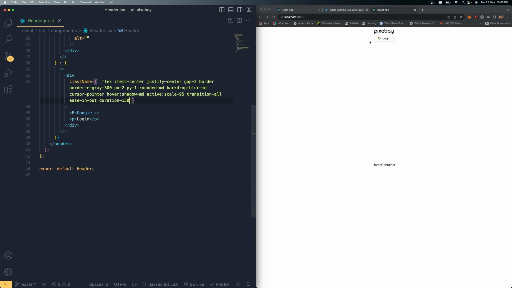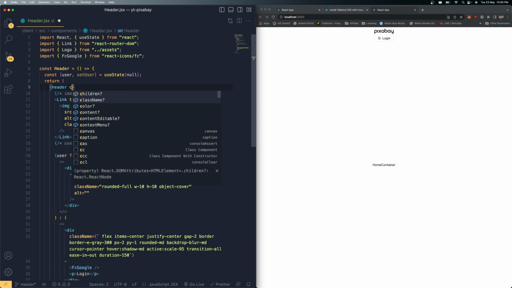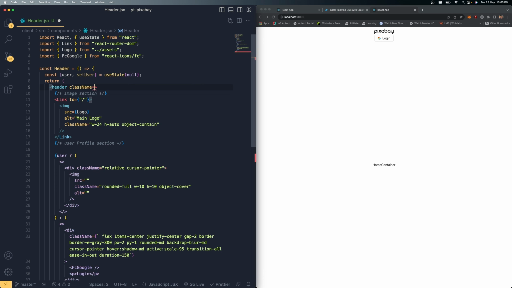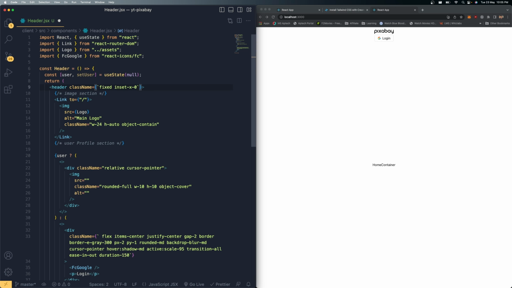All right, so this is how we need to define it. If that menu option is not there, this is how it should supposed to looks like. So let's fix this main header properly. So let's go to the top section, and for this header I'm just going to say add the class name, and this is going to have a dynamic string literals. So basically, I'm just going to keep it as a fixed location. It's supposed to be always in the top of everything, and it's always pinned to the left side inset. So inset x0. So to left and right it will always pinned together